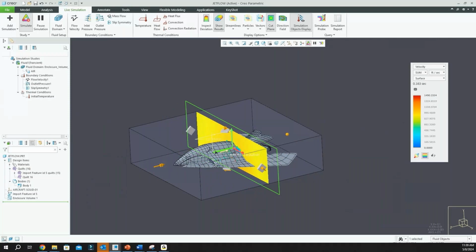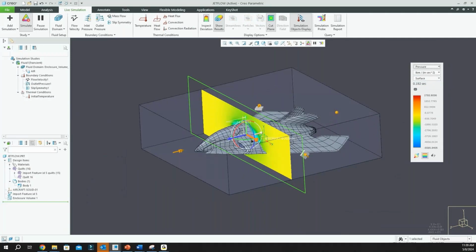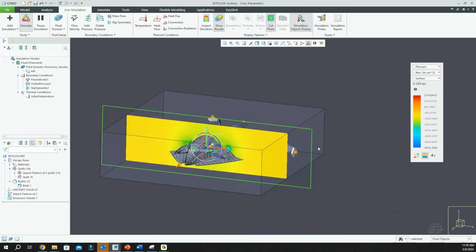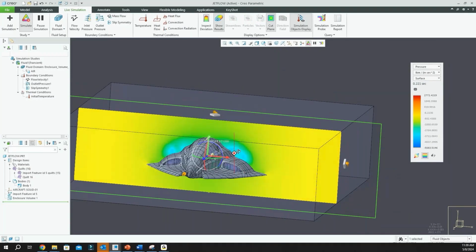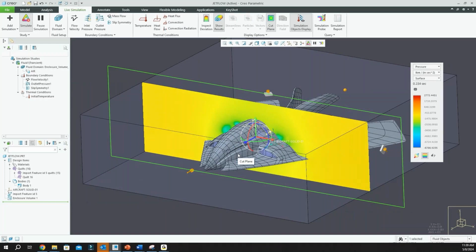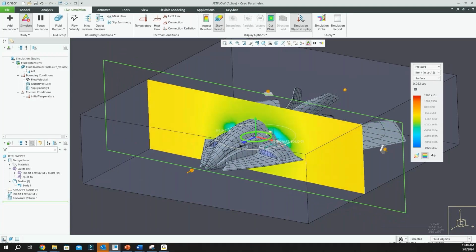Okay. Now what's nice is that we can also take a look at some other things here. We have pressure, right? We know that for an airplane, primarily, we want low pressure over the top of the plane and the wings, and higher pressure below the plane. This is all about lift, right? We want to make sure that we have adequate lift for this plane. I'm going to go ahead and rotate this as well. You can do that, but I'm going to switch back to velocity,